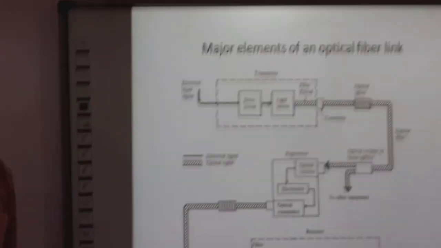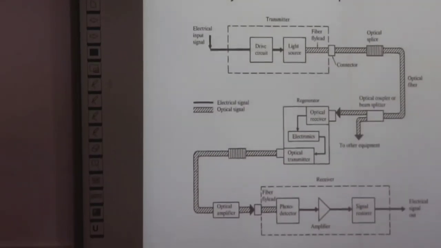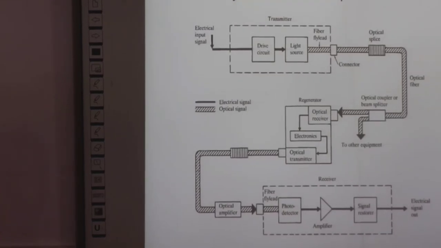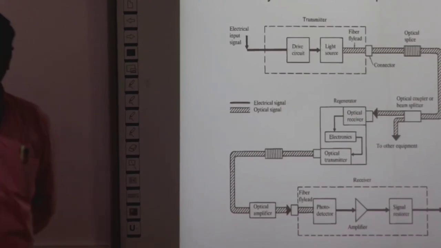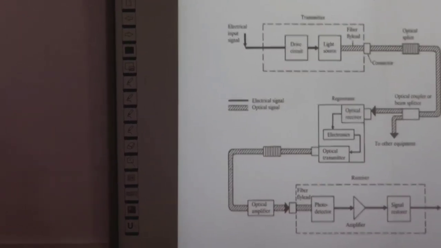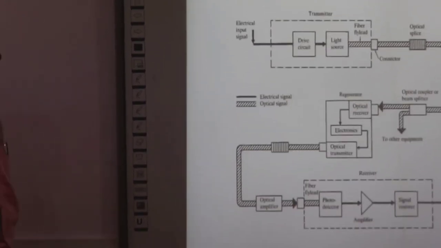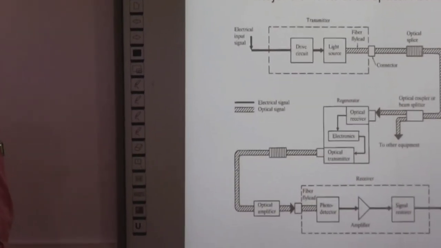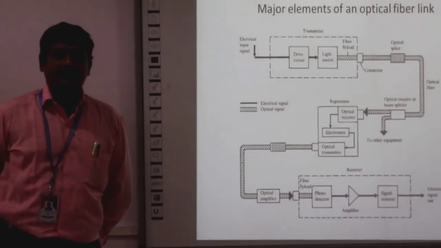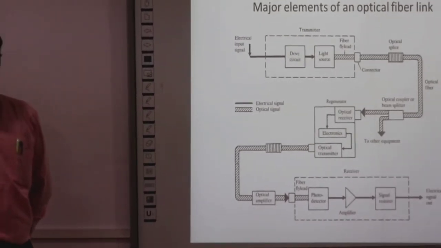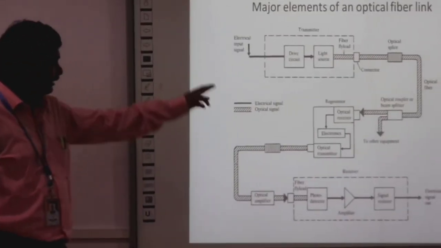The electrical signal is activating the LED or laser source, so electrical to optical conversion is taking place. After the optical signal is coupled into the fiber, it is transmitted over a long distance,